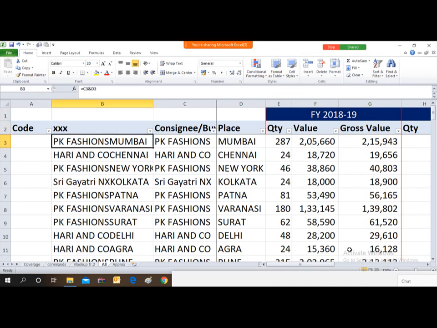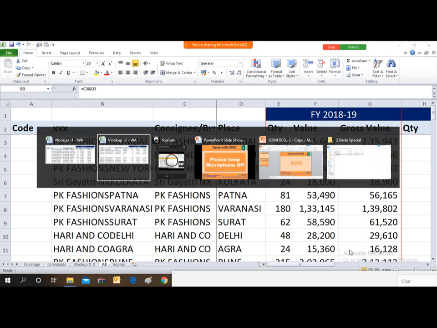So friends, we find here that this combination is unique, and the same combination I will again derive in my database also, from where I want to derive the data. I'll come in the next table.